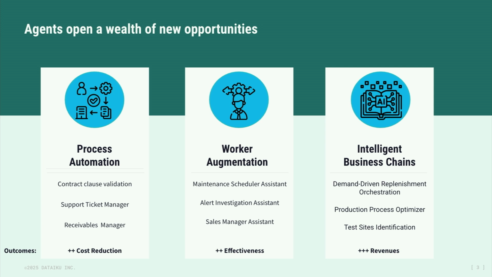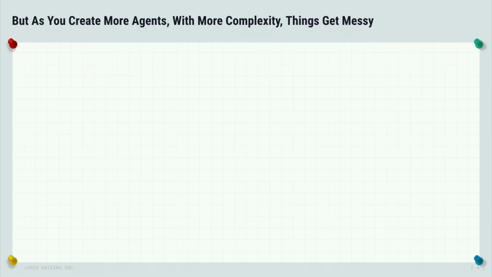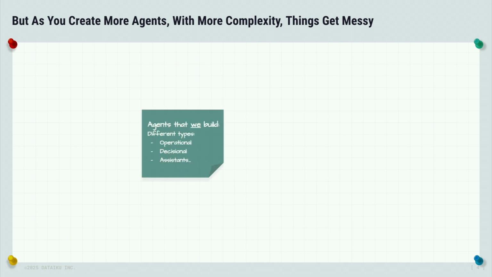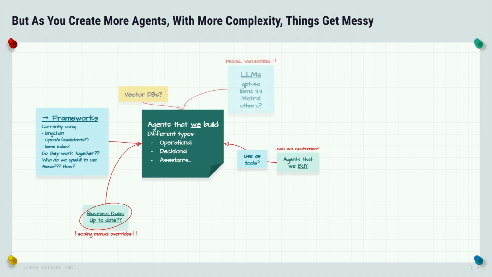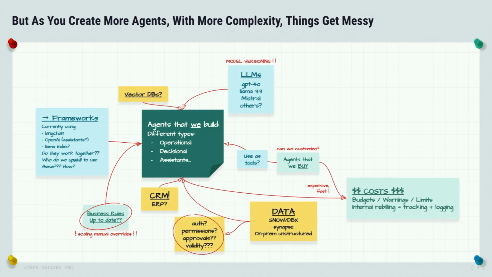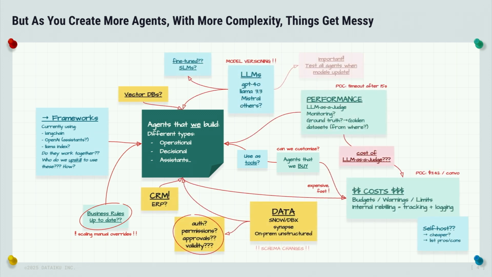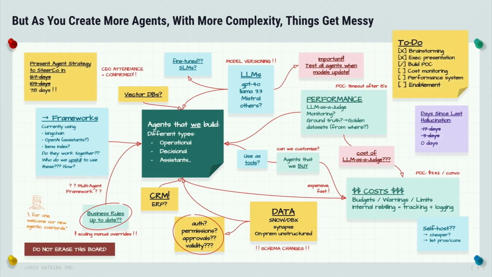So there is a lot of promise with agents in the enterprise, but with that comes a lot of complexity, and complexity causes a lot of issues. So there are different frameworks, as we know now, for building agents, and not one that we can necessarily standardize off of. Different vector databases, should we deploy on-prem, should we buy off the shelf? What about the cost of these use cases? Is it worth the value? So there are a lot of considerations when it comes to being able to leverage agents in the enterprise, even with the value that is or may be ascertained.